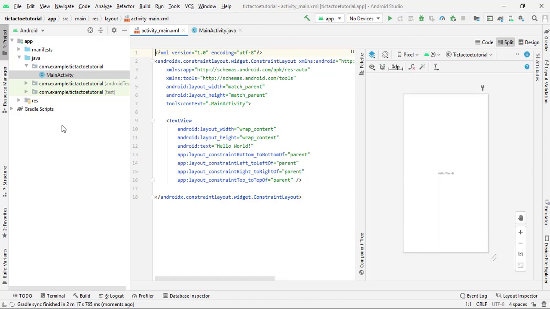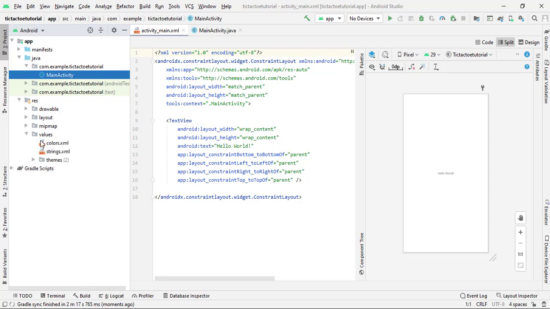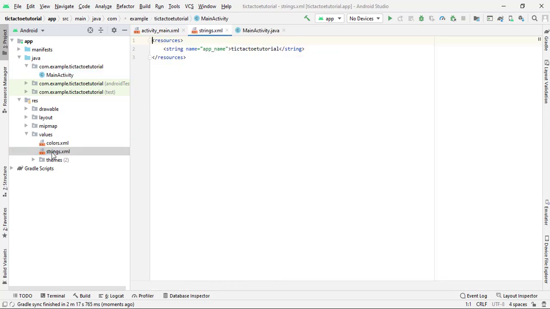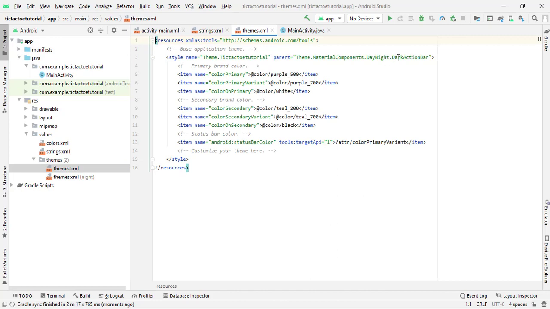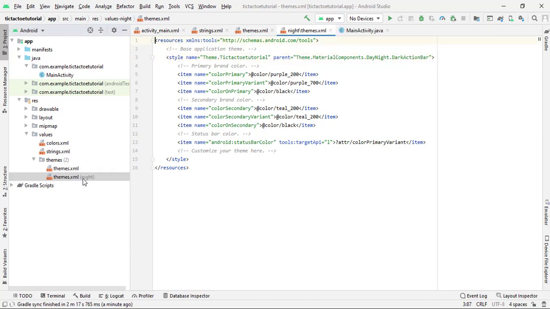Now first of all, it is better to remove the action bar from our app. It is your choice whether you want to remove it or not, but I think it is better to remove. So simply come inside your themes.xml, and change from DarkActionBar to NoActionBar. So simply type here No. That is fine, and also make the same change inside our themes.xml night. Instead of DarkActionBar, I need NoActionBar. So I delete this and I simply type here No. Now we are all set to write the code.